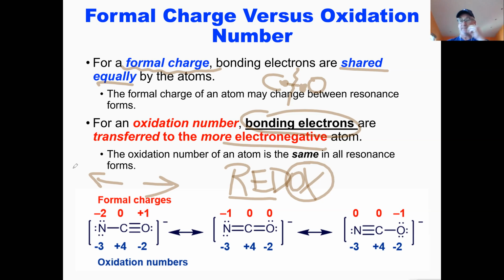And so when I add up the number of electrons that carbon gets to keep for itself, when I'm talking about its oxidation number, it gets to keep none, 0, because it has a more electronegative atom on one side and a more electronegative atom on the other side. So those electrons from carbon, 2 of them go to nitrogen, 2 of them go to oxygen. And so carbon, poor carbon in the middle, has a +4 oxidation number, meaning in this situation, carbon can be